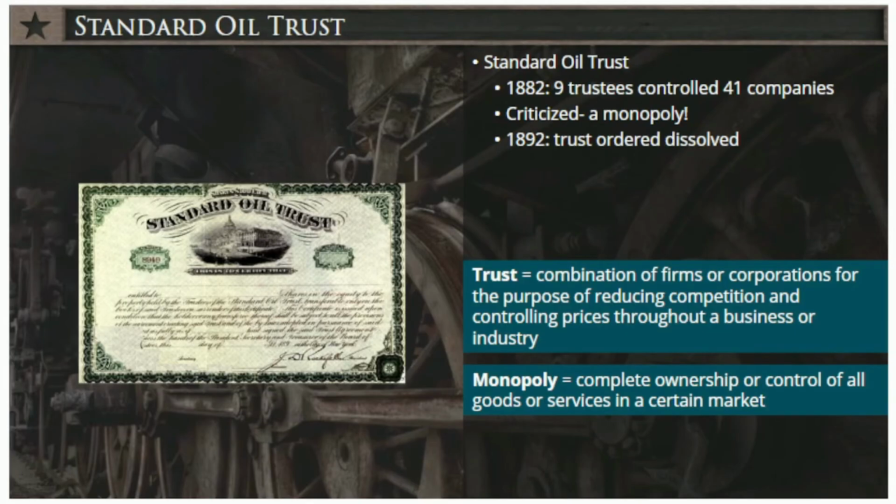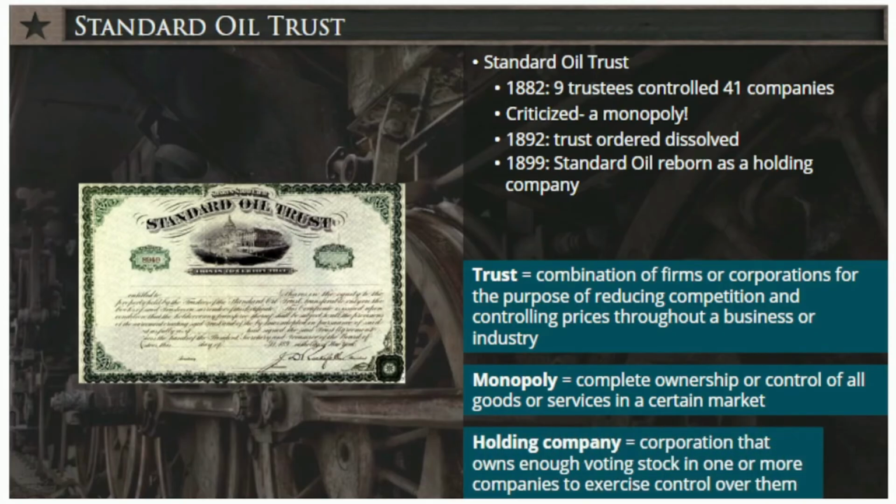In 1892, the Ohio Supreme Court ordered the Standard Oil Trust dissolved. In a few short years, what was formerly the Standard Oil Trust was legally reborn in 1899 as a holding company. A holding company is a corporation that owns enough voting stock in one or more companies to exercise control over them. As a holding company, Standard Oil held stock in 41 other companies, and these companies controlled even more companies. Despite its rebirth as a holding company, critics argued that Standard Oil was still a monopoly and a trust,